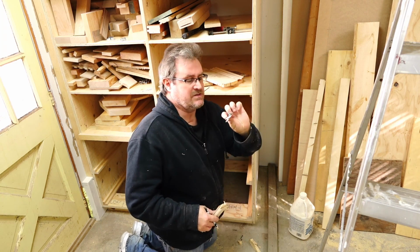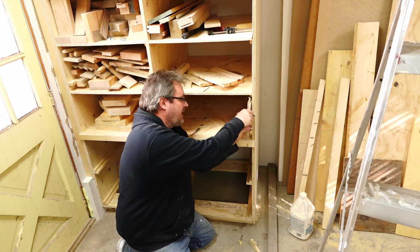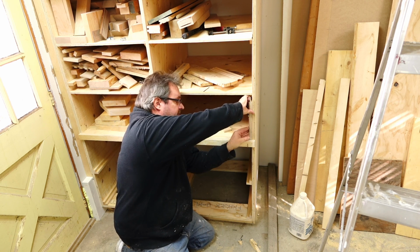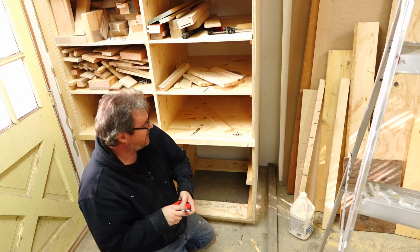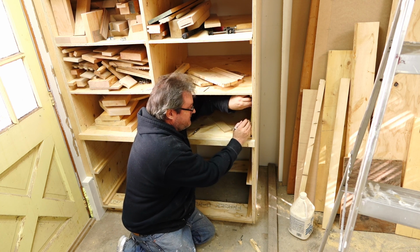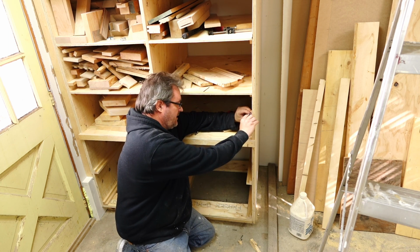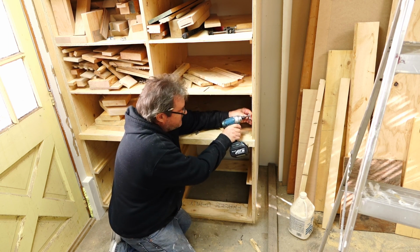To mark for the hinge plate that gets screwed to the cabinet, I cut a strip of plywood that's 1 3/8. I hold that flush with the face, draw a line in the back, and then I can measure up 5 1/16, and that will give me the center of where the plate should be. I'll just eyeball that and mark where the screws will go. Then I can drive the screws in